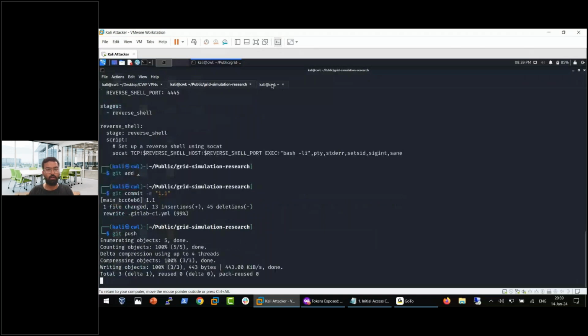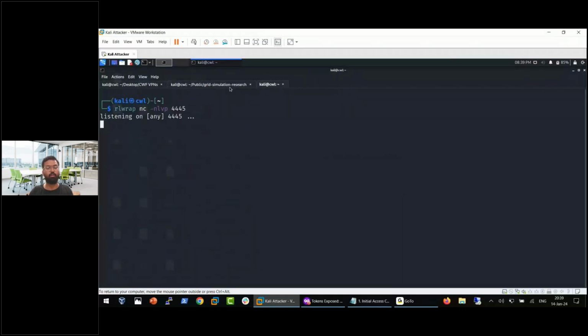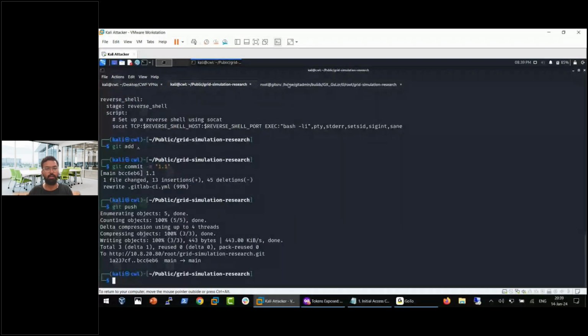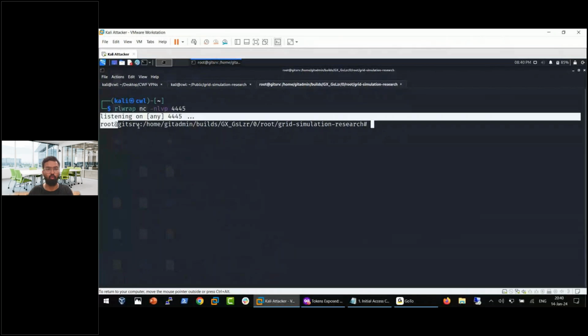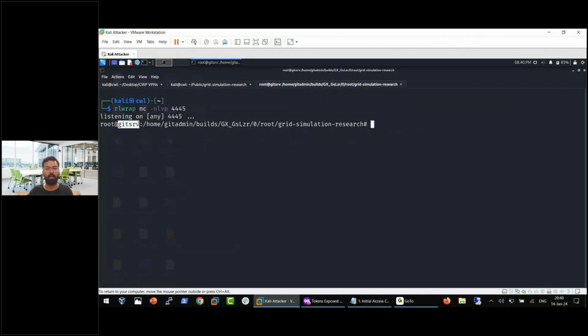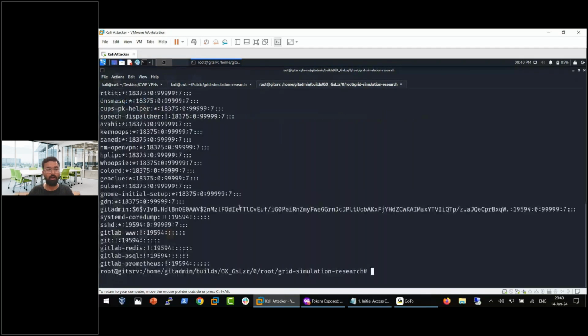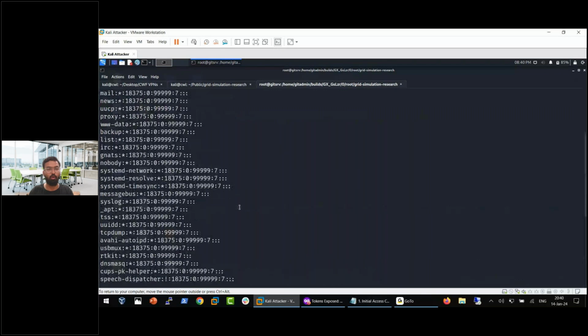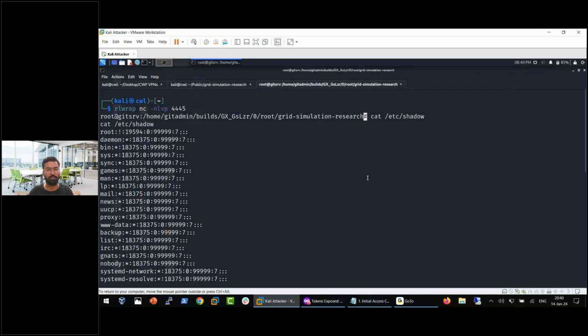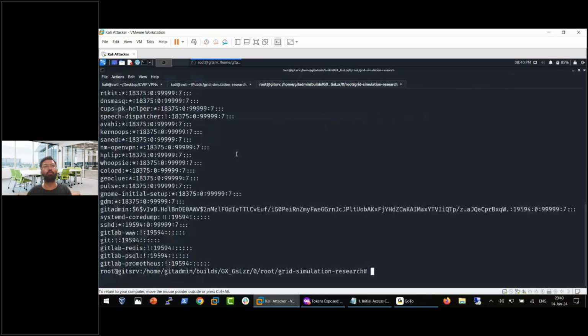Now, as soon as we run this, you can see that there will be a shell back here once everything is posted successfully. And here you can see that we have a shell back as root on this particular server, that is git SRV, right? So here you can see whatever you want. You can see the shadow file or whatever things are present here, because we have root level access as of now, right? So this is the beauty of this PAT: if we have compromised the personal access token, we can leverage it